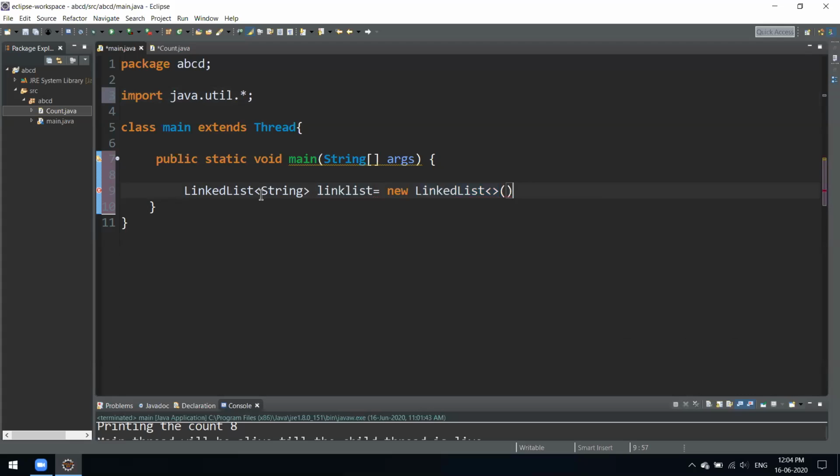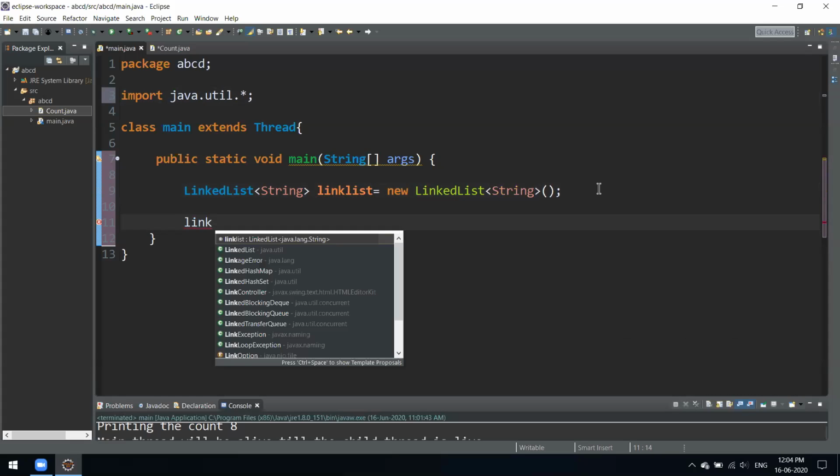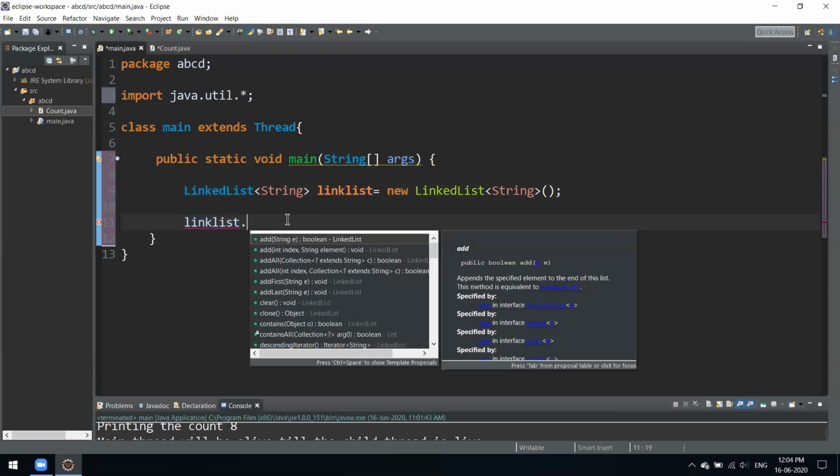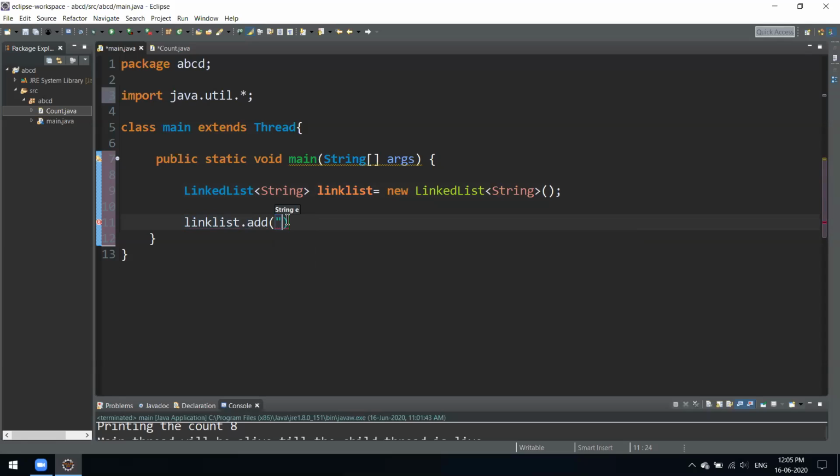Yeah, so this is how we declare it, same as we declared an ArrayList. There is nothing different; it's the same thing we did over there. And how to add data is also the same as the ArrayList, so that part we also don't have to worry about. How do we manipulate the linked list, add data, remove data and so on? We simply have this add method over here, and using the add method you can add any random strings. Let's just copy this.